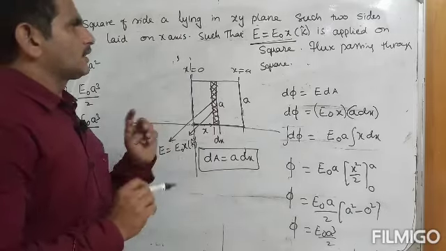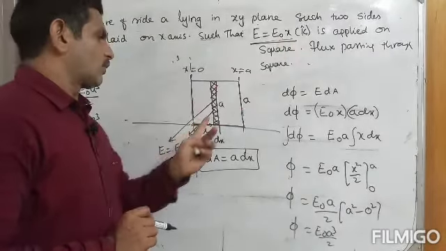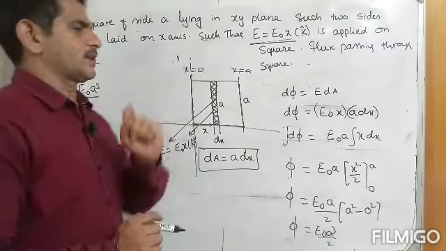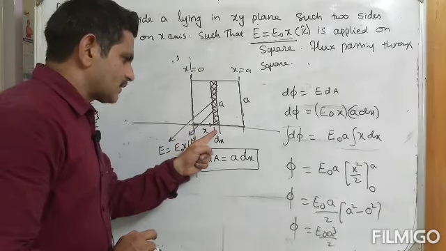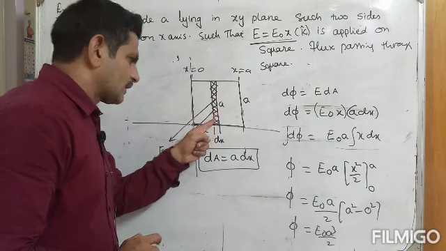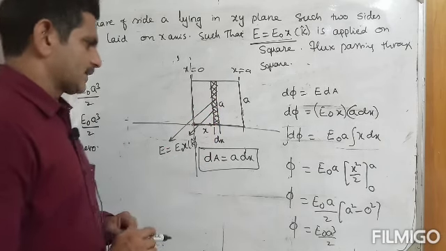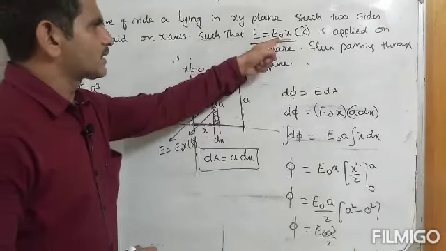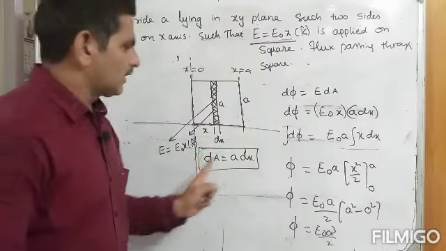So here in this problem, the electric field intensity is the variable. Therefore you must go through the integration process. You can take one elemental area which is at x distance, its length is dx and its height is A. Therefore this area is A dx. This elemental area you can call as A dx. Already the electric field intensity is E naught x in the k direction. Understand? Therefore d phi, flux through.